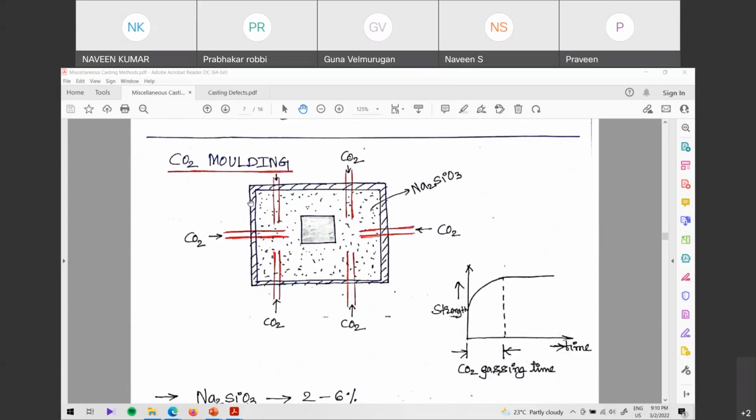Now CO2 molding, and this is what we have to do. Simple, same thing. What we have done in sand casting, we'll do the same thing, but